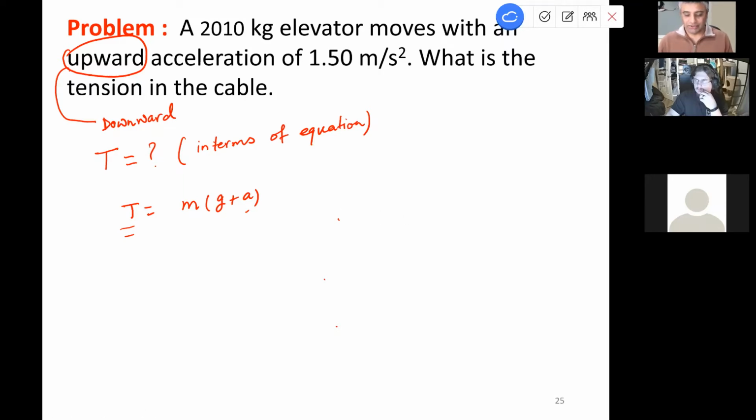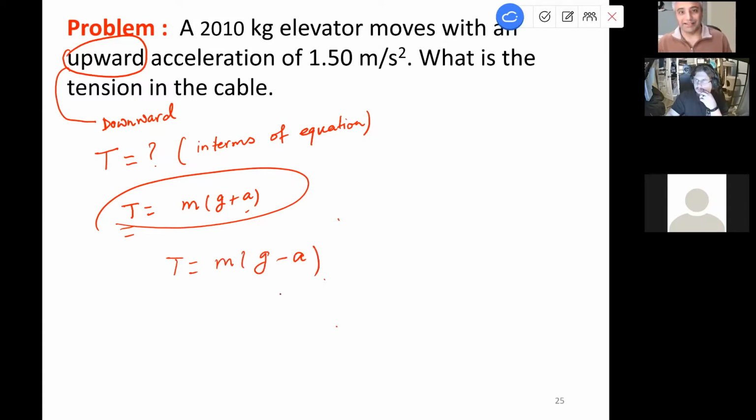Okay. So should we move on? So I asked you guys to do this. Did you guys do it? Do you have an equation for this? Can you tell me what that equation is gonna be? If it's in the downward position, then it should be minus A, right? I don't know, but yes, I'm writing it. I say if you're gonna say it moves with the downward acceleration, that it'll be G minus A. Yeah. Okay, so I wrote it. Let's see what other things they have found. Let's check that, right?